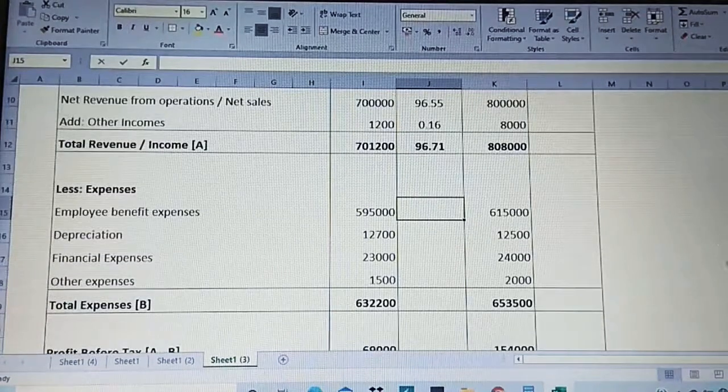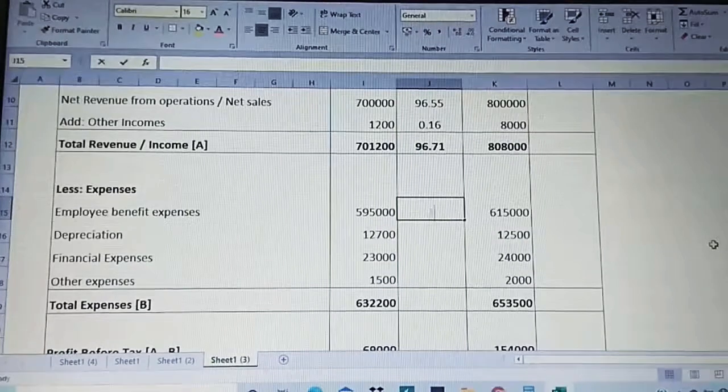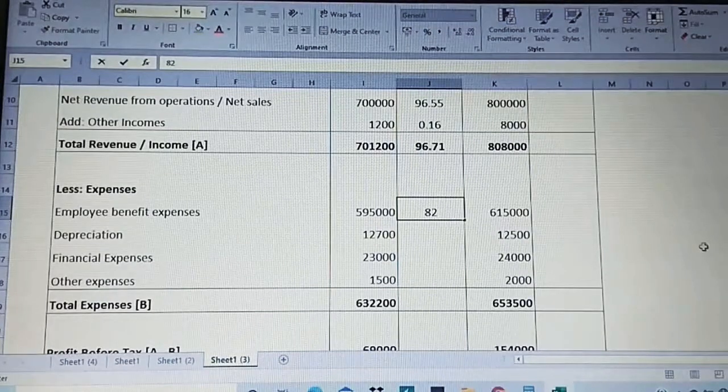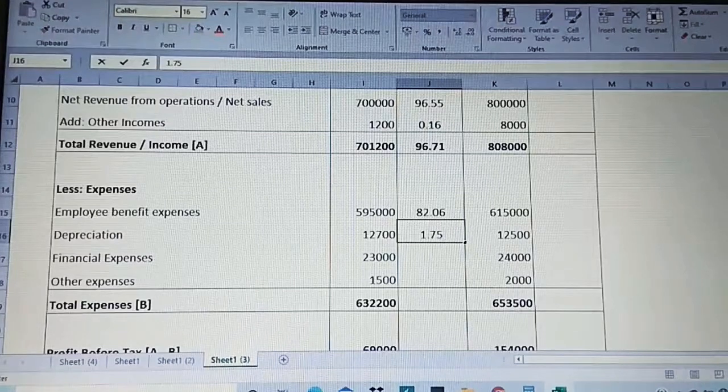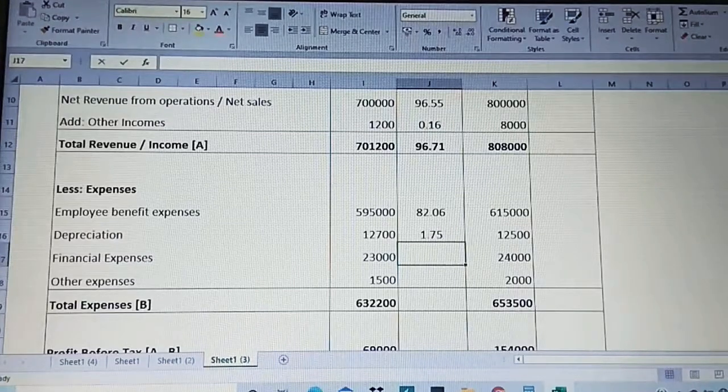Next, 5,95,000 divided by 7,25,000 percentage, 82.06. 12,700 divided by 7,25,000, 1.75%. 23,000 divided by 7,25,000, 3.17. 1,500 divided by 7,25,000 percentage,